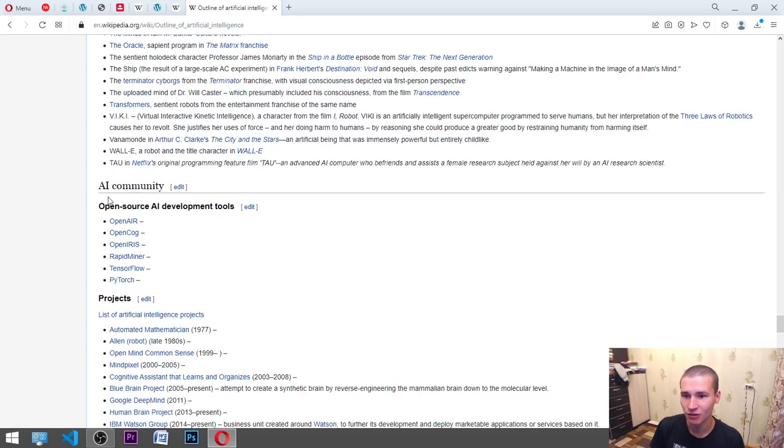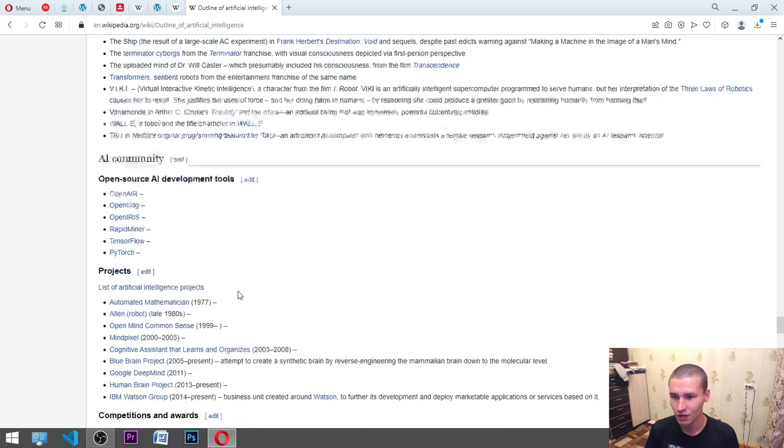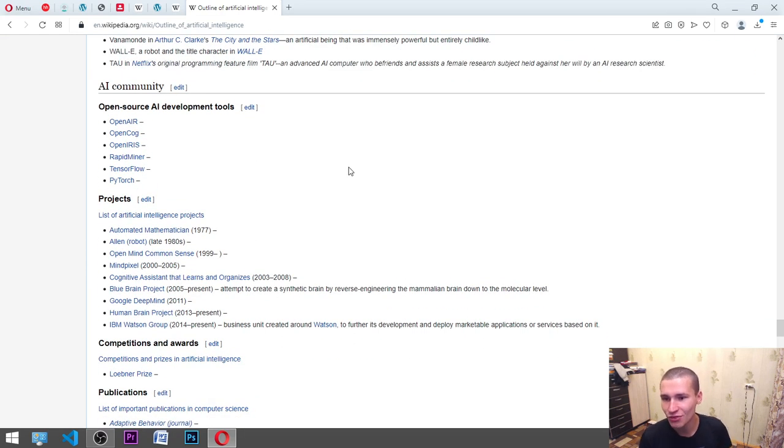Open source AI development tools, OpenAI, OpenCog, IRIS, RapidMiner, TensorFlow, PyTorch, it is development tools. Okay, projects, Automated Mathematician, Alien Robot, Open Mind Common Sense, MindPixel, cognitive assistant that learns and organizes, Blue Brain project, Google DeepMind, Human Brain Project, IBM Watson Group, competitions and awards, Loebner Prize, competitions and prizes in artificial